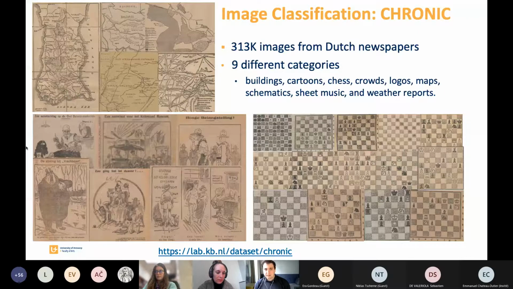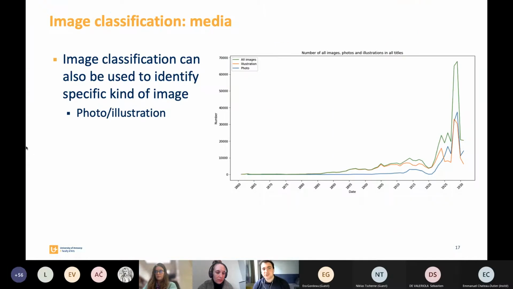Yeah. So we can also use these image classification tasks to not classify what is actually on an image, but more what kind of an image it is. So as a historian of visual culture, I've always been very interested in what visual media are used to represent the world. And I was very interested in this turning point between the use of illustrations and photographs in Dutch newspapers. So with the help of my colleague Leo Impett, we trained an algorithm which was able to make a distinction